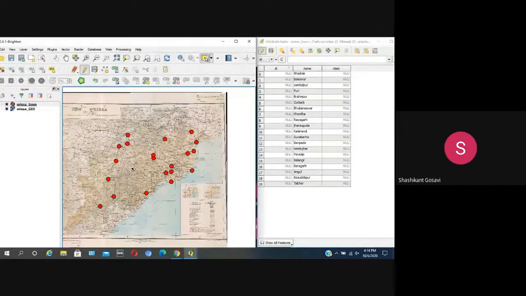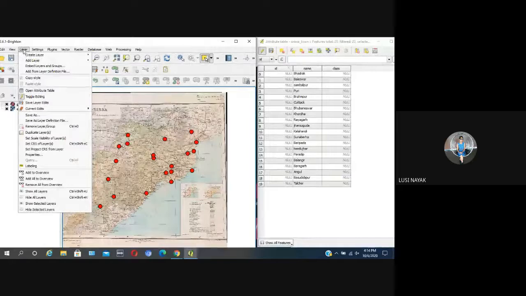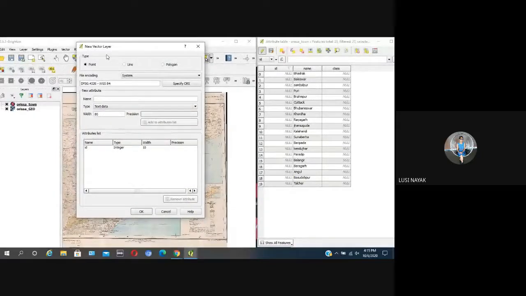Hello, ma'am. Yes, Rashi. If you are not getting the create vector layer option, go to new shapefile layer. In layer, create layer, new shapefile layer. There are options: new shapefile layer, new spatial layer, create new GPS layer, GPX. Click on New Shapefile Layer. Is it okay, Pranima? Good. So Abhishek B, that's good. Thank you.